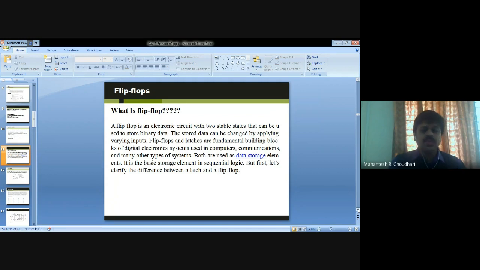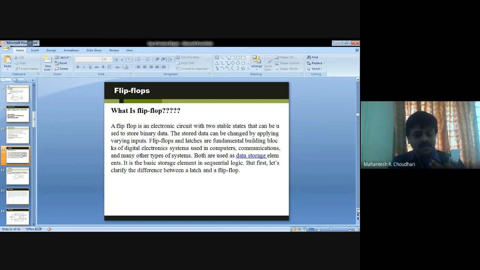The stored data can be changed by applying varying inputs. Flip-flops and latches are fundamental building blocks of digital electronic systems, used in computers, communications, and many other systems. Both are used as data storage elements, and are the basic storage element in sequential logic.